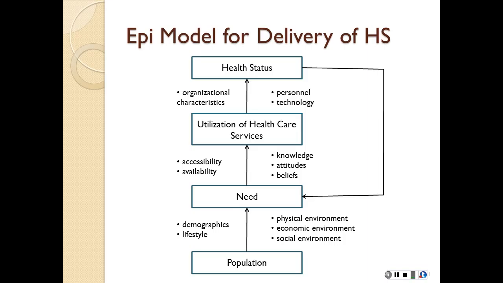We use perception of need to create our health services, right? If we think somebody has a need for something, we're probably going to create some service to fulfill that need. And hopefully people utilize that service, and if they do, then they will get better. But we use epidemiology to evaluate each piece of this puzzle, so it creates a loop. We have our population, we know there's a need, we create a service, they utilize that health service, we look at their health status. Did it get better? Yes, great, we've created a thing. No, it didn't? Then we haven't filled that need, so let's find another health service.